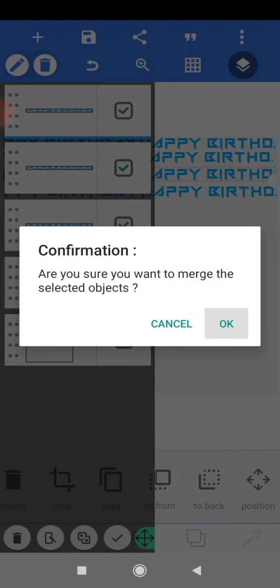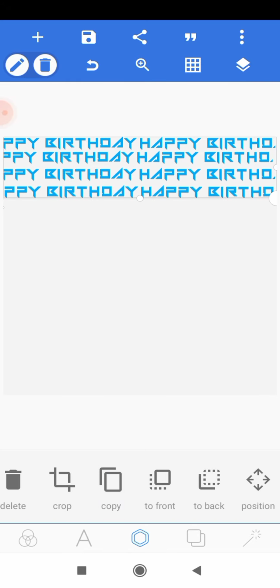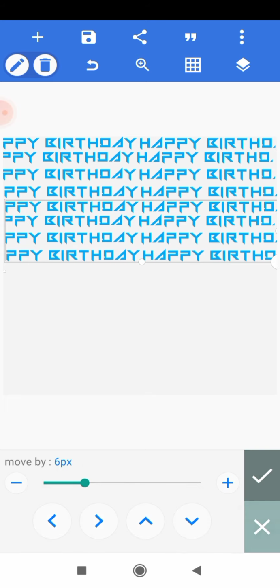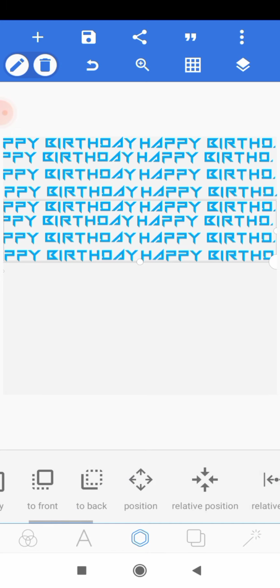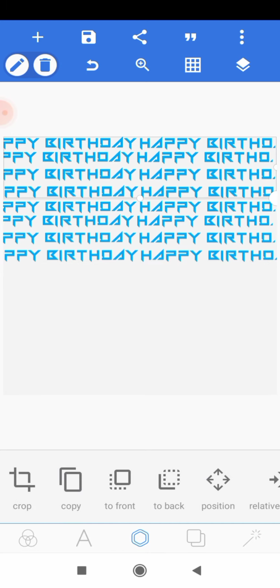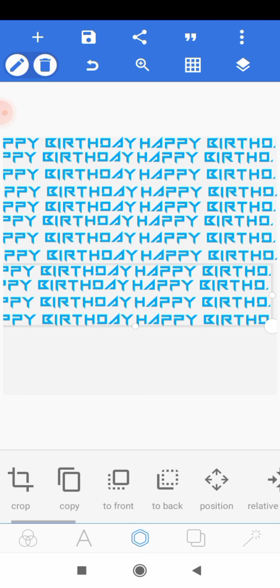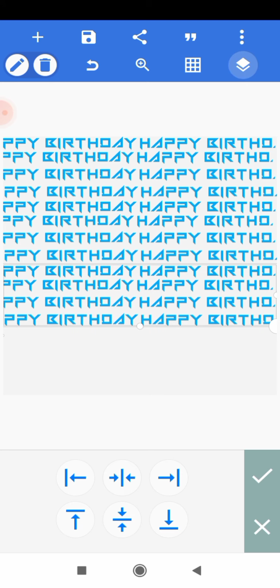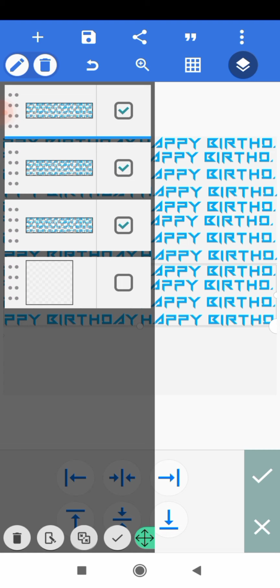So now that we have it, we'll still make a copy because we want it to cover the whole of our screen here. So we'll make another copy, and then we'll position it to the center, and then we'll make another copy again, and then we'll position it to the center, and then we'll click on the layer icon, and then we'll merge the three together,